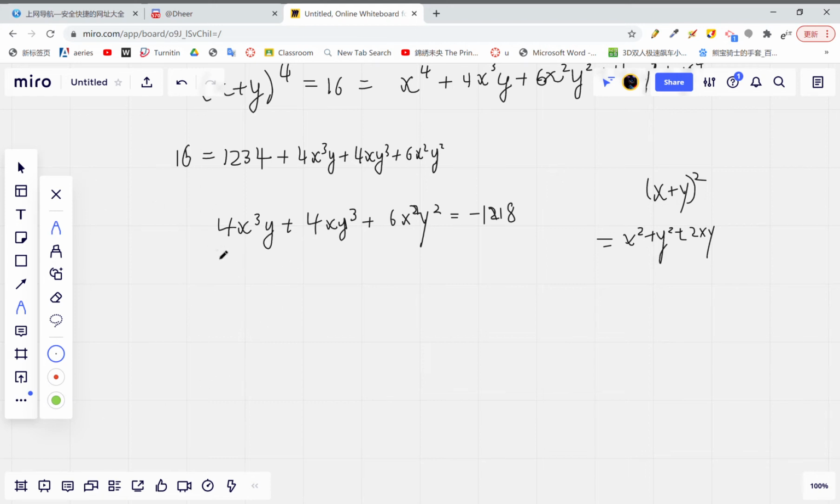So first, let's take out 2xy to see what's going to happen. Then we'll multiply everything, and this is just x squared plus y squared plus 3xy,